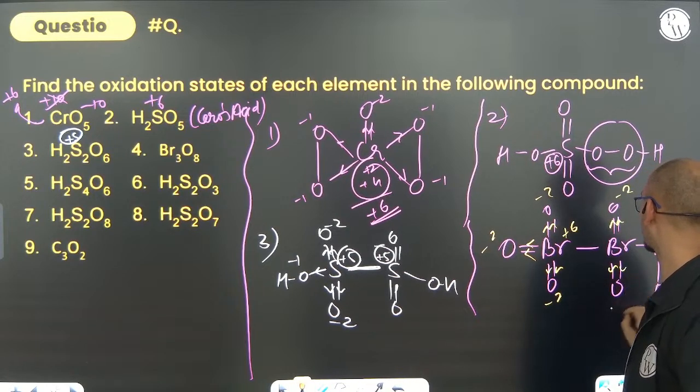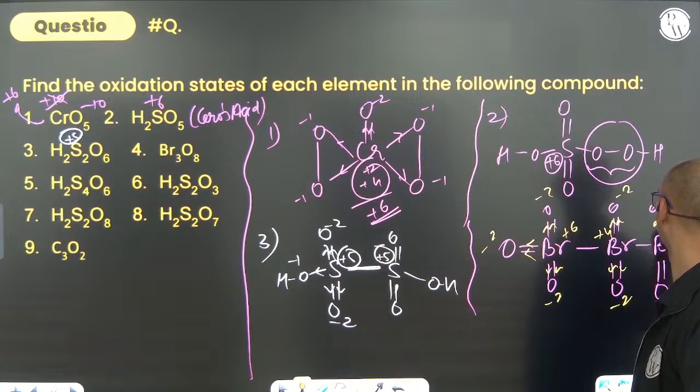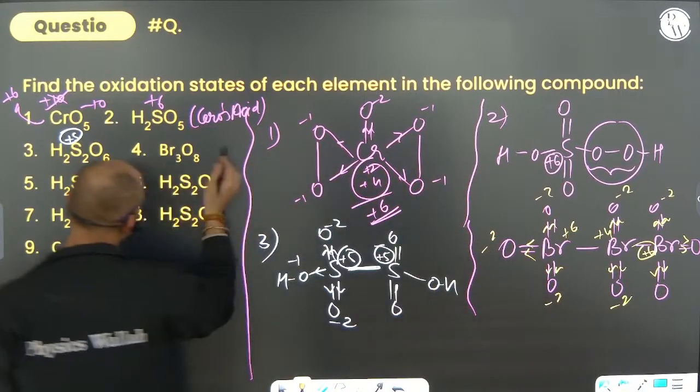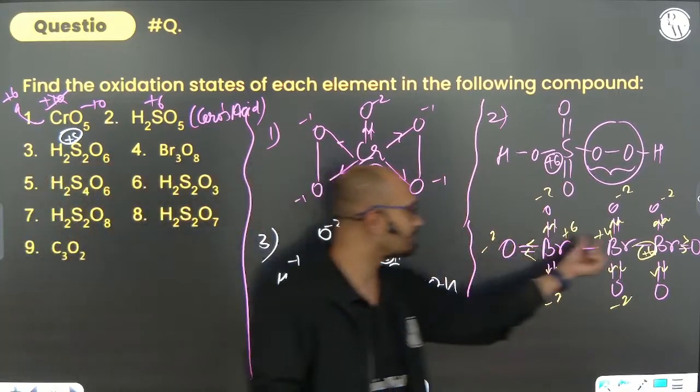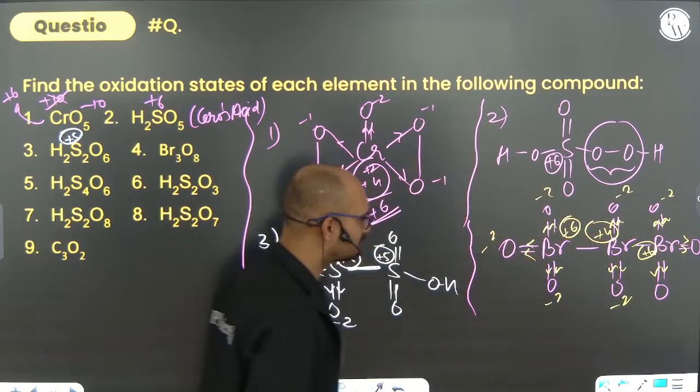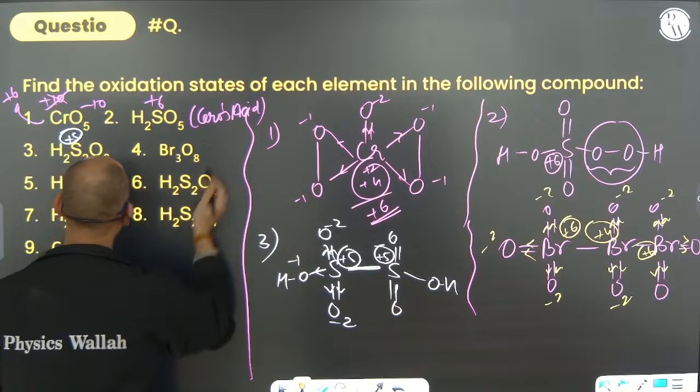-2, -2. So this will have +4. What about this? -2, -2, -2. So it is what? +6. What we can say? You can just do that. Next. So here this bromine, the middle one is going to have +4, while the side one is going to be +6, +6. Not a big deal. You can do it. Br3O8. Next one,